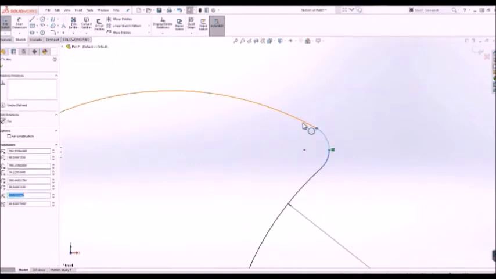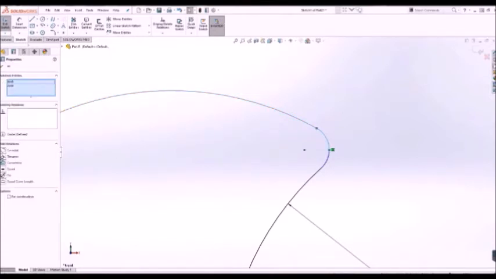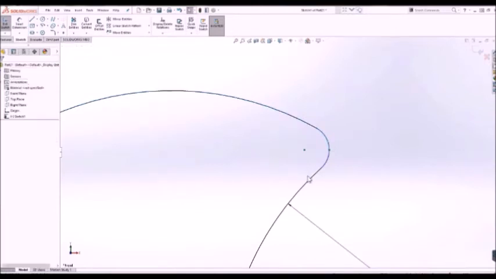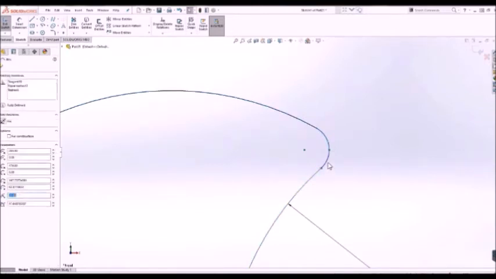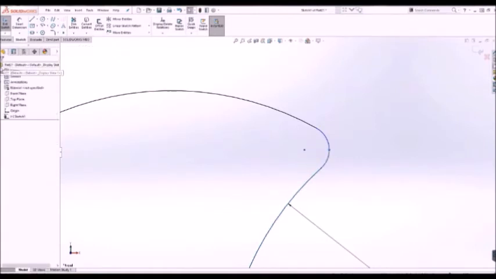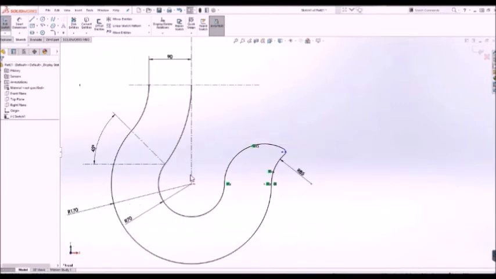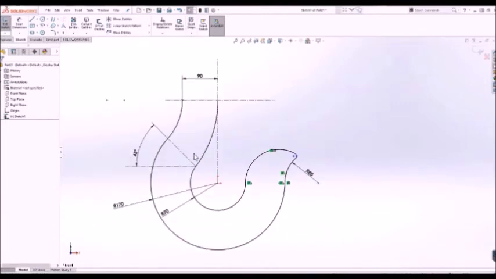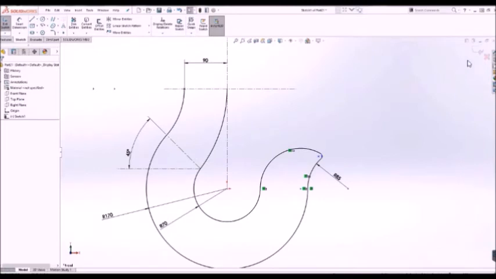Now if I click on this arc and this line, again I can define tangent relation. Do the same thing for this part. This line again. Alright. Now I can exit this sketch